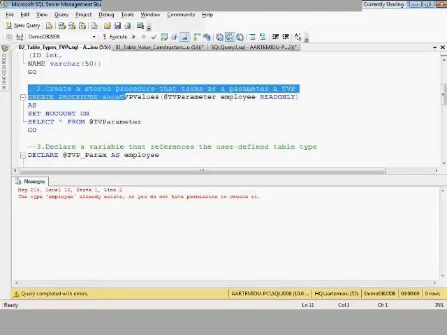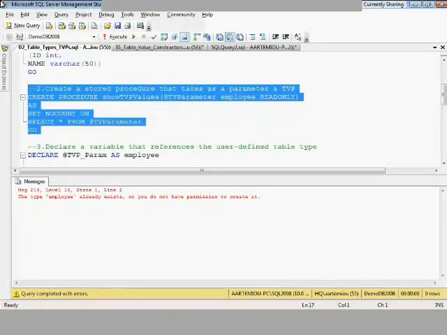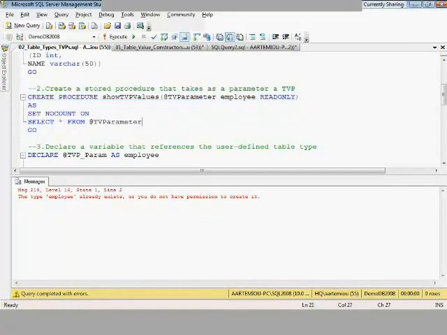I create a stored procedure that takes a TVP as a parameter. This stored procedure is called ShowTVPValues. You see here that I specify its parameter type. And the only thing that this stored procedure does is to display the contents